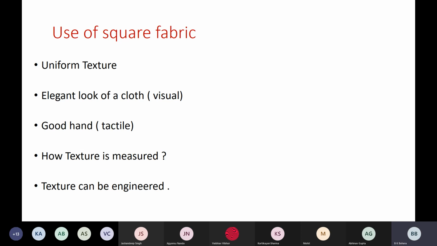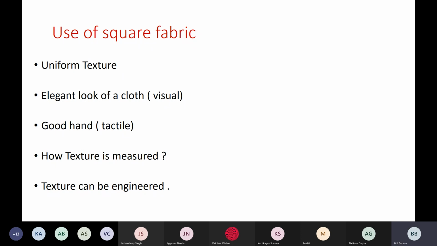So just like we discussed why we produce jammed fabric, similarly we must understand why we have discussed all these theoretical relationships for square cloth. What is the utility of square cloth? First, square cloth means we are mainly concerned with the texture of a fabric, and that too uniform texture. So you must understand what this texture is. I will try to explain; try to understand this term.